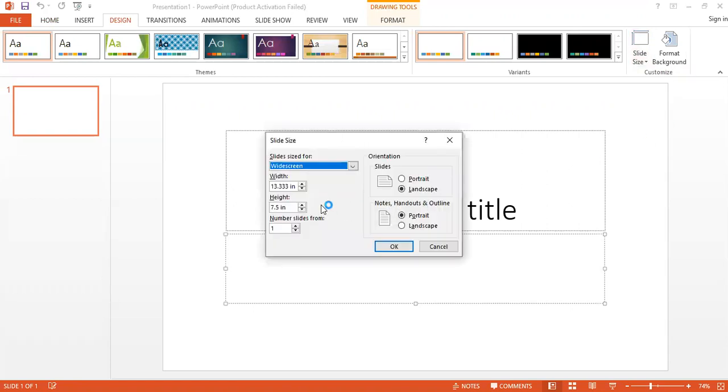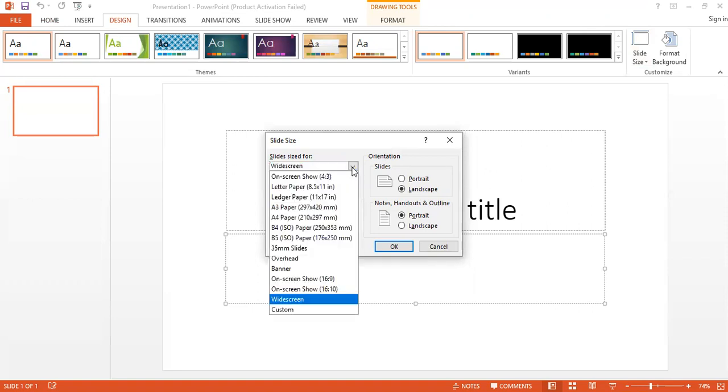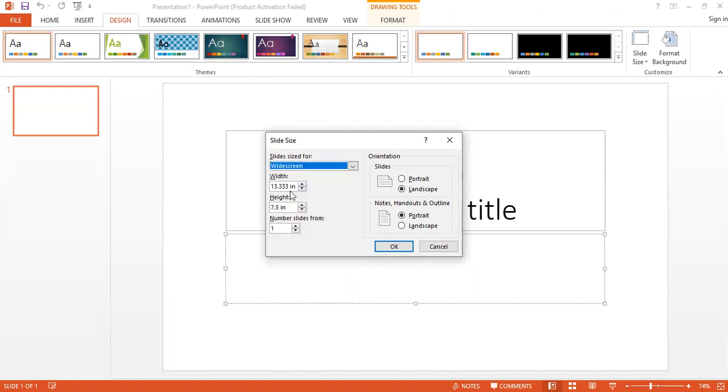Now each conference has its own criteria for a poster presentation, and the conference gives you some guidelines whether they want a 2 feet by 3 feet poster or 3 feet by 4 feet poster, or maybe 4 by 6, whatever is the criteria. This is how we can modify this criteria, the slide size from widescreen, or you can even go for custom, and then you need to change the size out here.